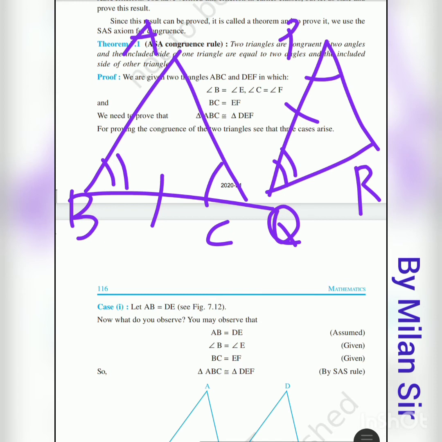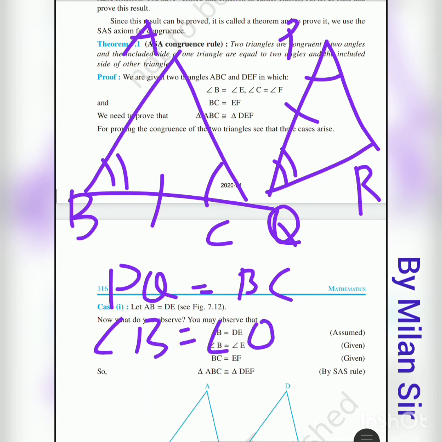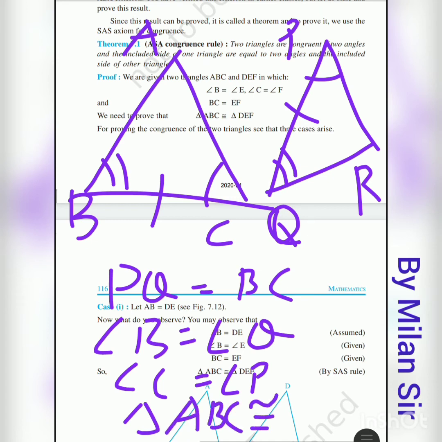Here again PQ is equal to BC, right? Angle B is equal to angle Q, angle C is equal to angle P. So we can say that triangle ABC is congruent to, now angle B is in the middle position, so in the middle position we need to write Q, right? Then C is in the last position, right? That means what I want to say,